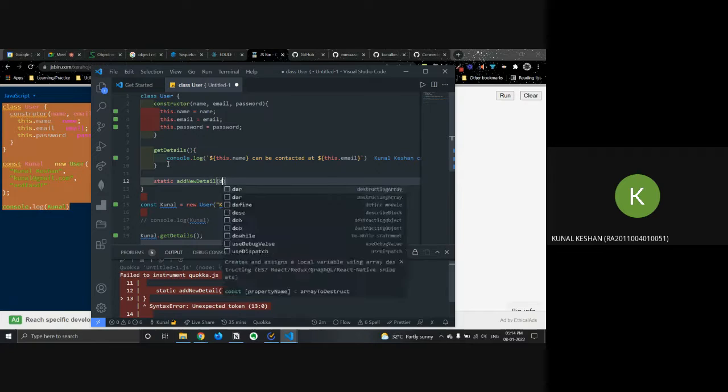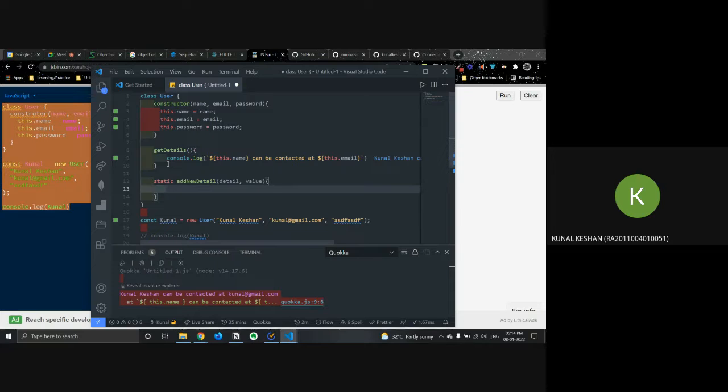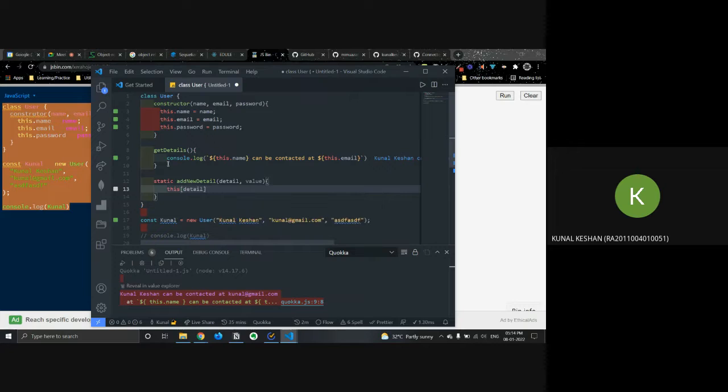Okay, this just takes in a new detail and a value, and this detail is equal to that value, something like that. All right. So now, where am I exactly using this one?